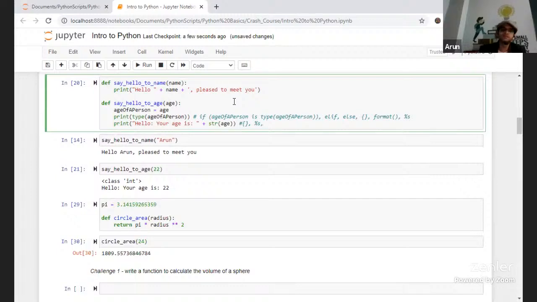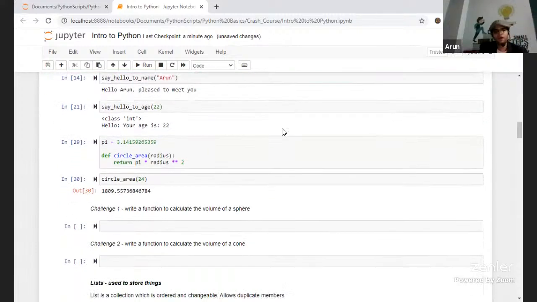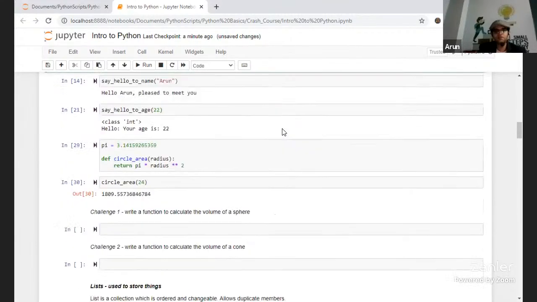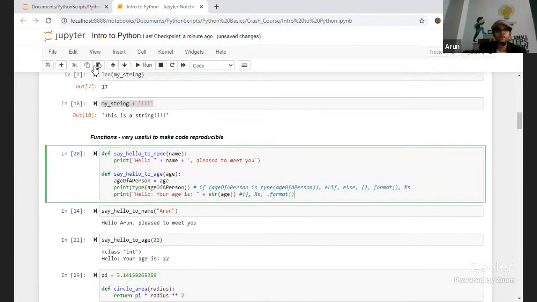Curly braces can still be used, and there are string format functions as well, so you can ensure that all the values are formatted. This was one of the ways you can format values to a string, but there are other ways also. Probably we'll see some of them in future. Let's see if I'm able to get some examples, I'll show you.